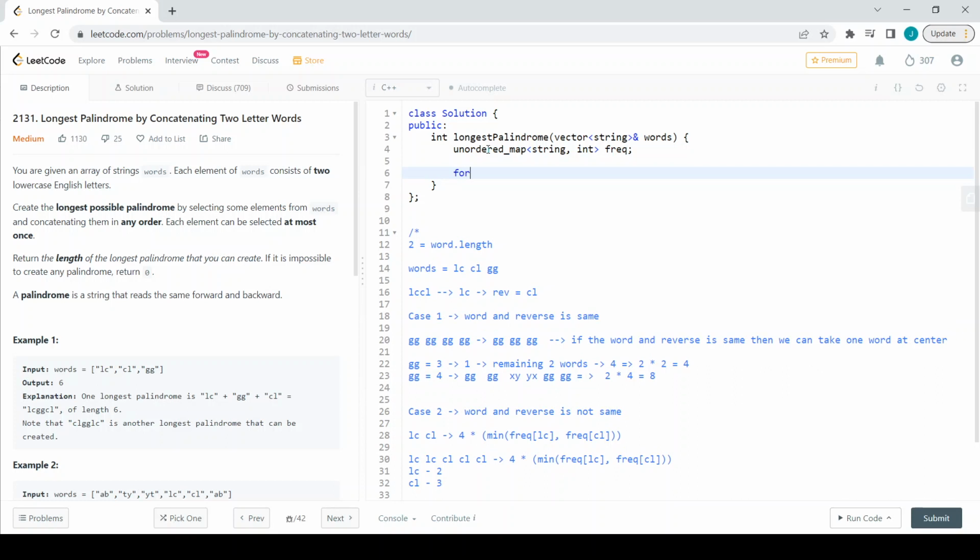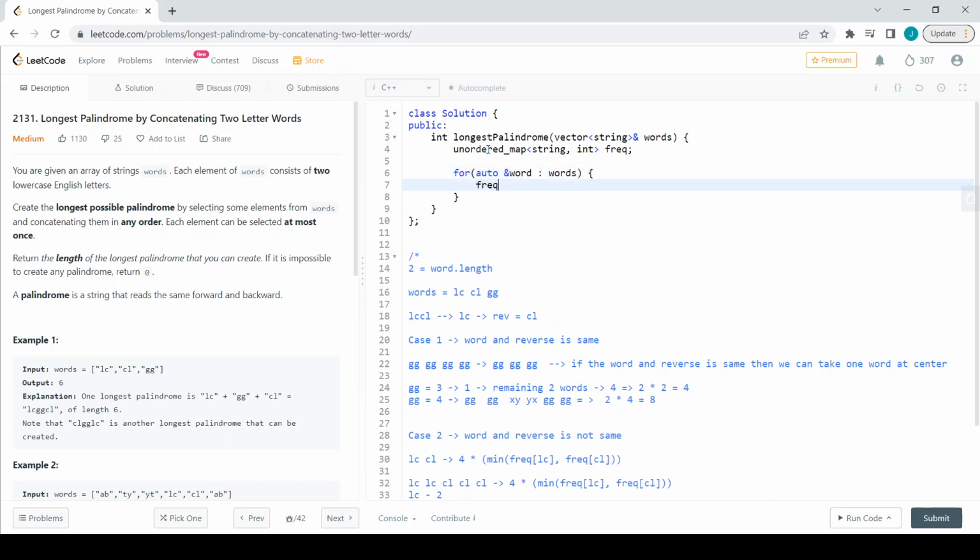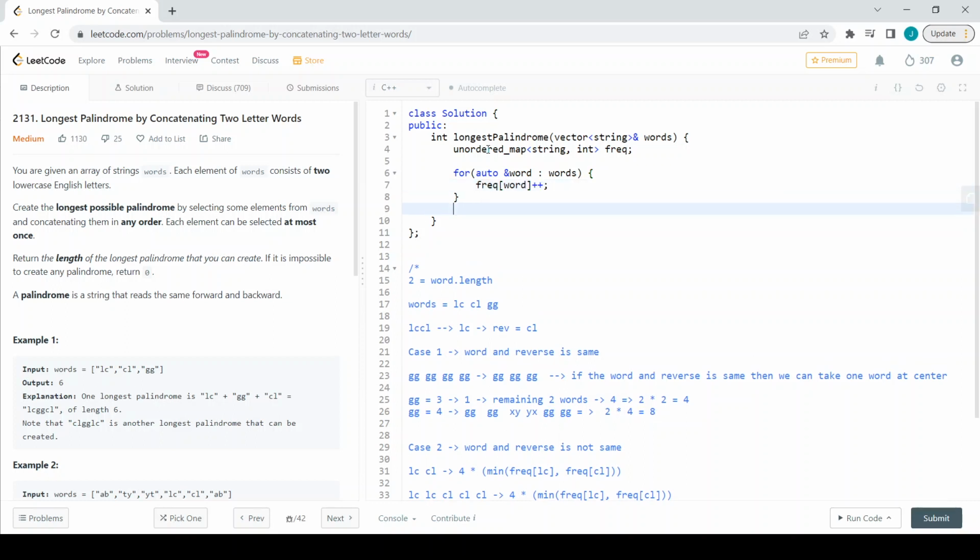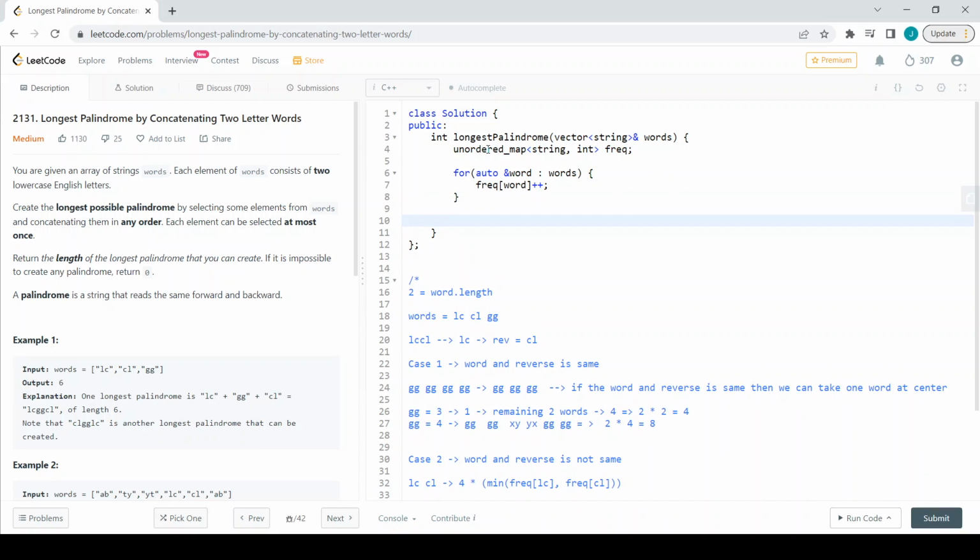Now what I have to do is, first I will store the frequencies for each word in my words. Now we can just compute my frequency, which is frequency of word plus plus. Now I have my frequency. Now I want to run a for loop, and I have to run a for loop for each word in my words. We can consider the words array itself, word in my words,